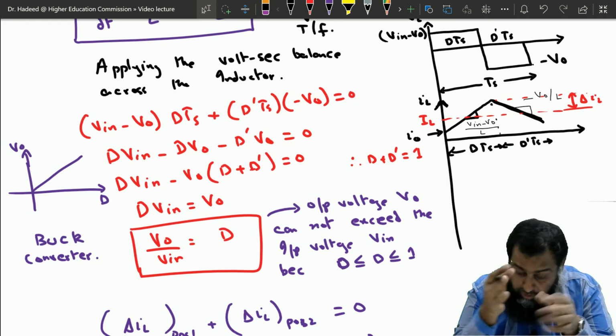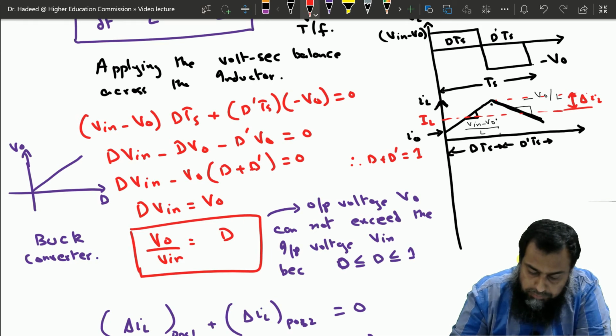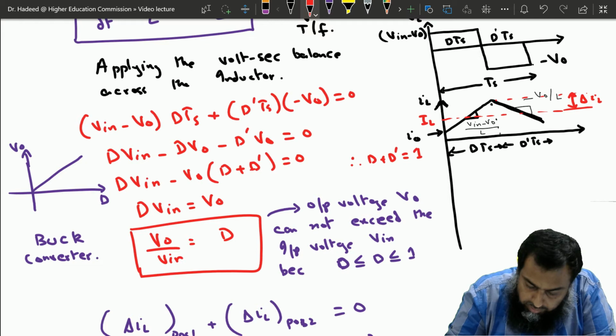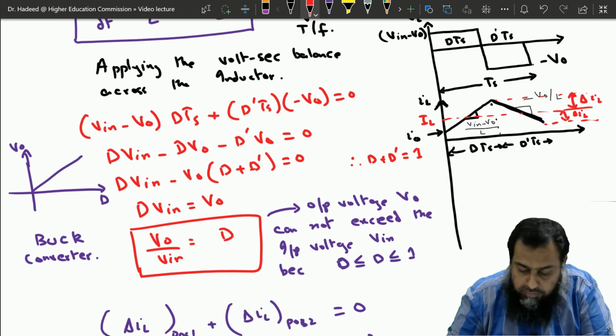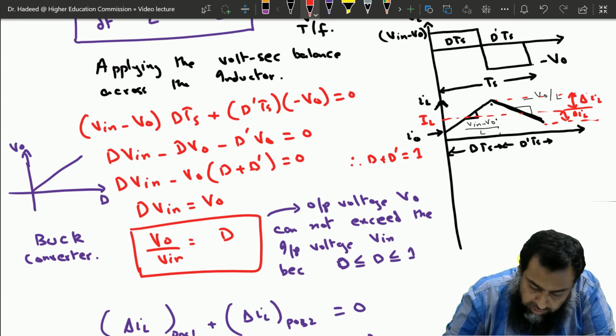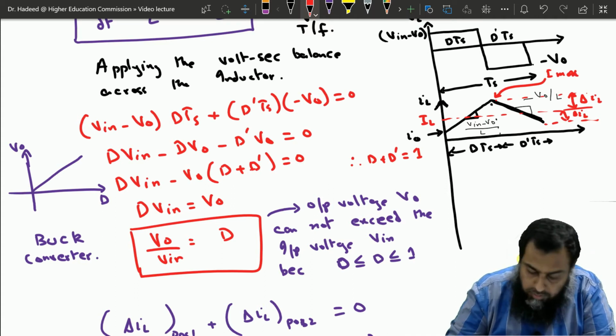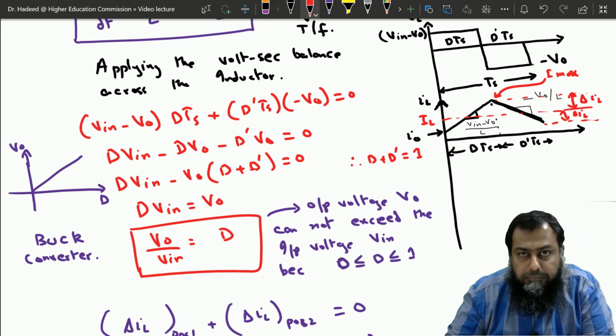So let us adopt this, that this is the peak ripple here, delta IL, and above that this is equal to this delta IL, and here we also have the delta IL such that we have a symmetry in the current waveform. So starting from this I naught up till the I maximum, which is this particular point, the change in the inductor current is 2 times delta IL.